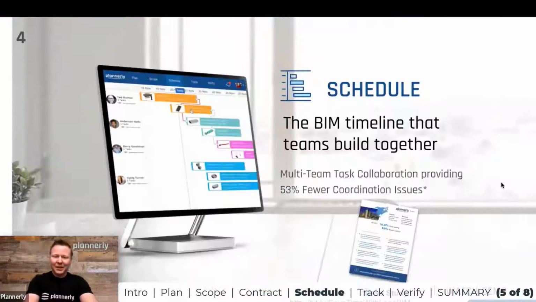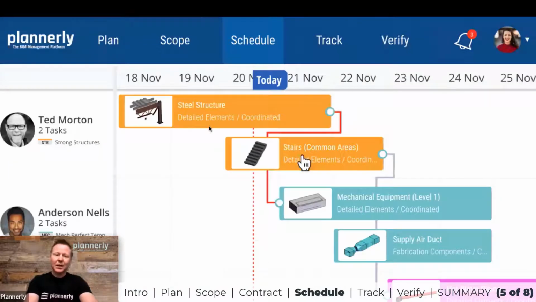The next step is to have a schedule, a timeline of events, and understanding not just what has to happen, but also when it might occur, when teams are likely to be working on certain parts of the workflow, so that if I'm the mechanical engineer, I know that I don't want to start placing some of this equipment until the structural steel has been finalized. Being able to understand and communicate those dependencies between tasks is really, really important.